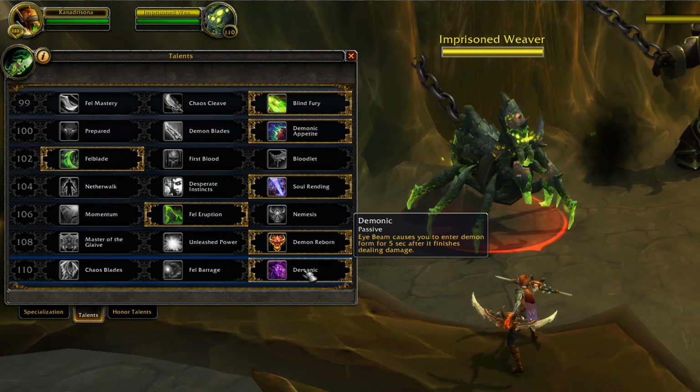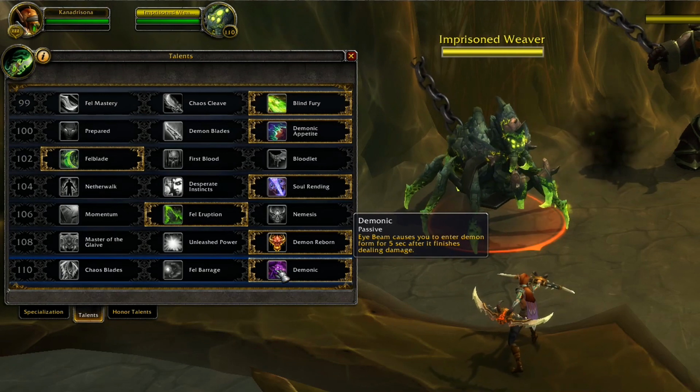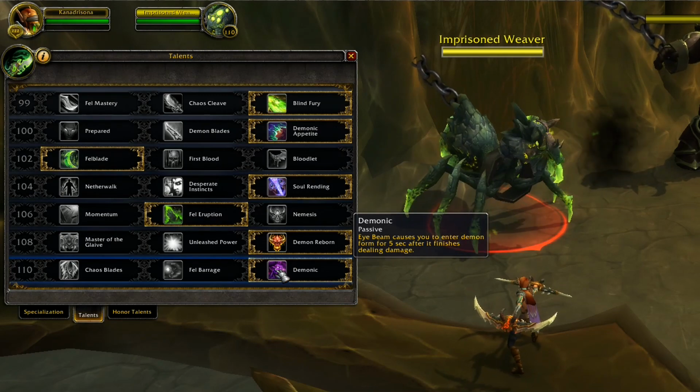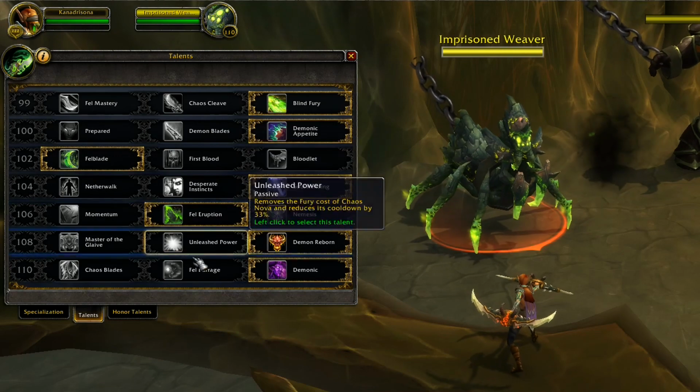Or you may have to end up hitting Demon's Bite. Now, when I've been lucky, I've gotten up to 5 because of the 1-second GCD. I've gotten 5 additional Annihilations on there. If you have to swap over to Demon's Bite, that's going to definitely end up...